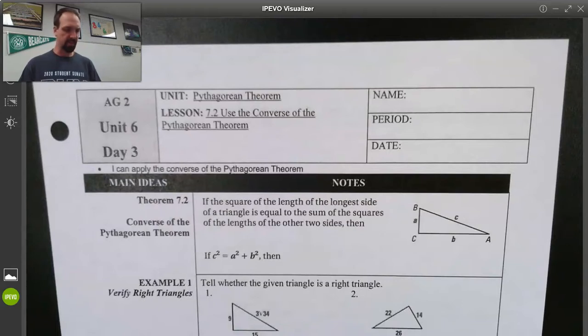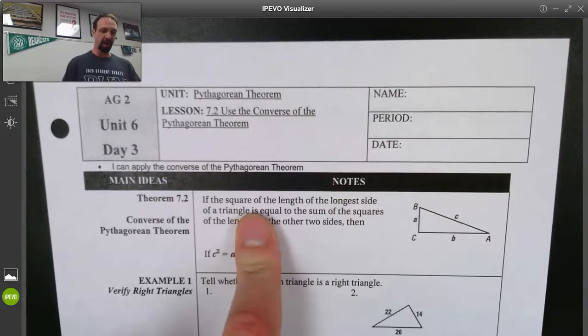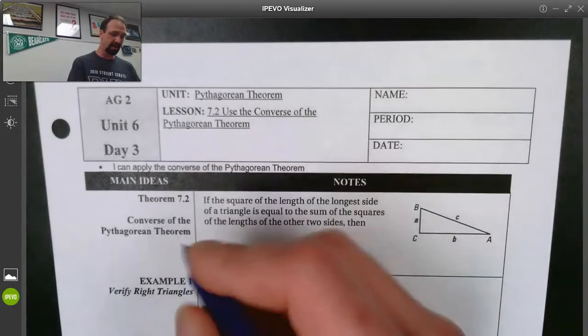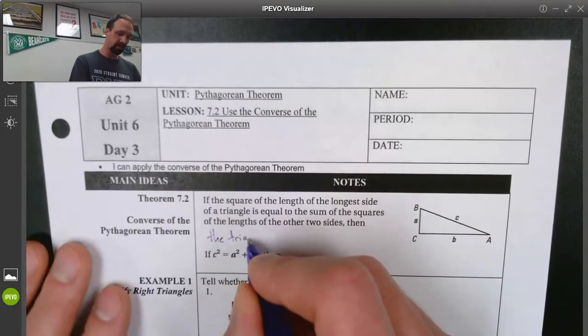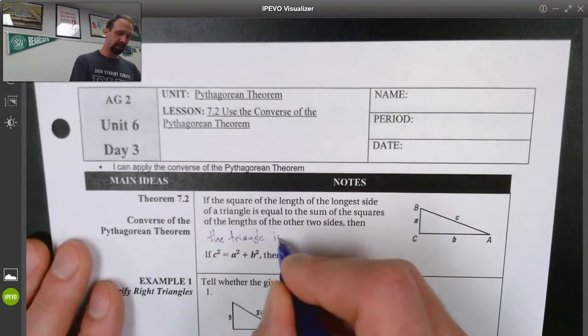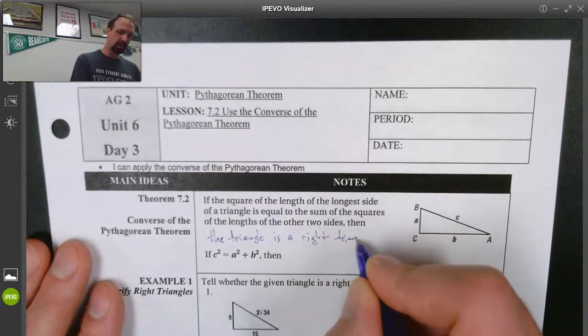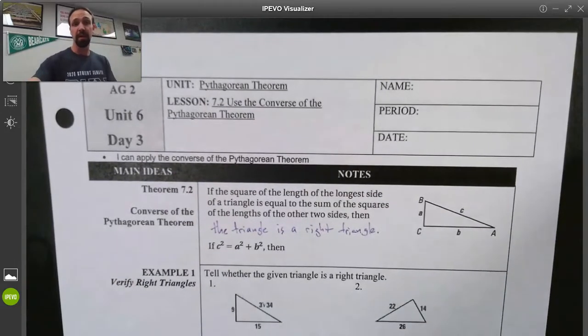A lot of students remember the Pythagorean theorem. That's the a squared plus b squared equals c squared. This one talks about if the square of the length of the longest side of a triangle is equal to the sum of the squares of the lengths of the other two sides, then the triangle is a right triangle. And this is actually kind of going backwards from where you probably remembered it from middle